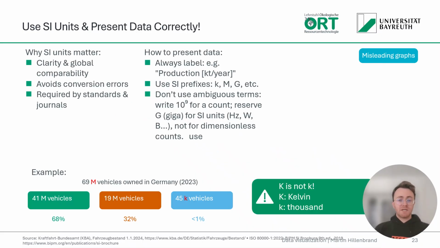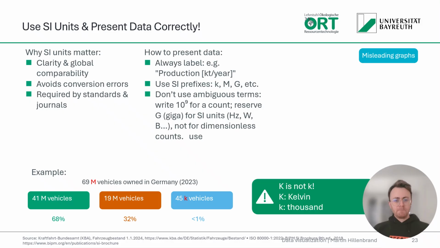Also, when working with data and doing those annotations, keep in mind to use units. Indicate units, especially SI units, so stick to the international units, which are understandable. They give you clarity. You have a global comparability. You also avoid conversion errors. And often they are required by standards or by journals. So, for example, if you have labels, always use labels first, and then you can write, for example, in the label, okay, this is production in